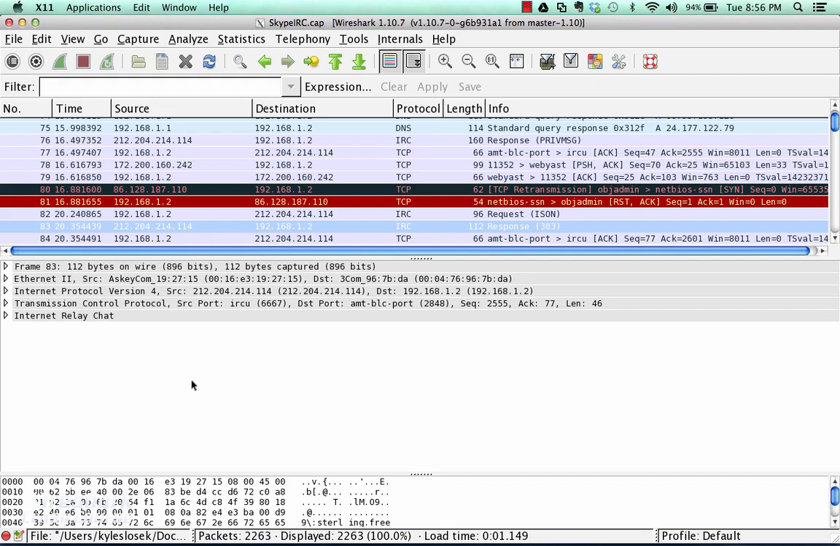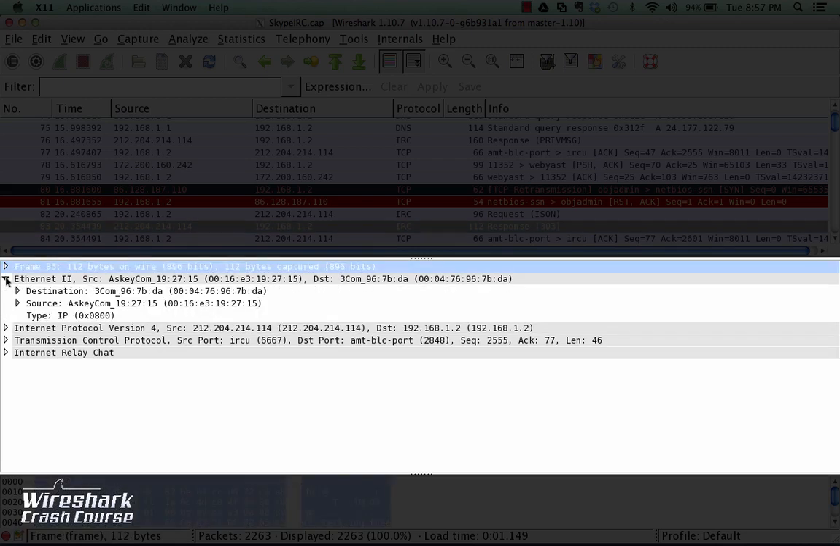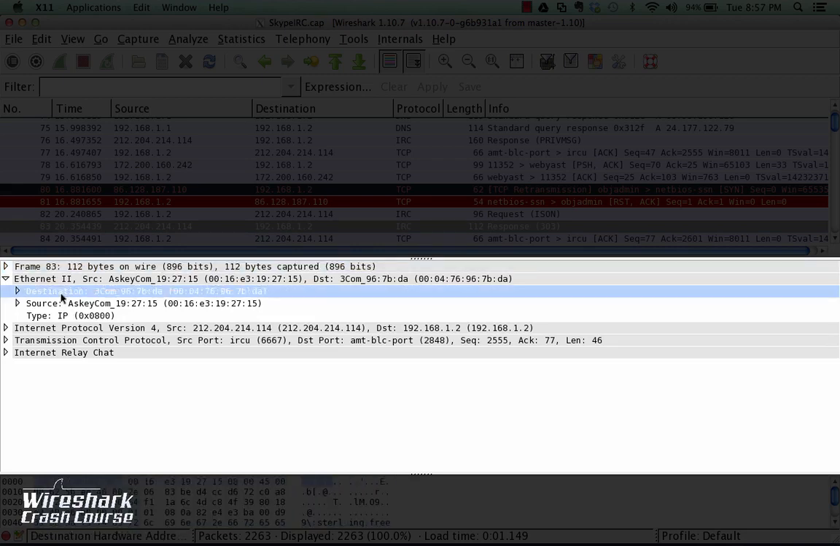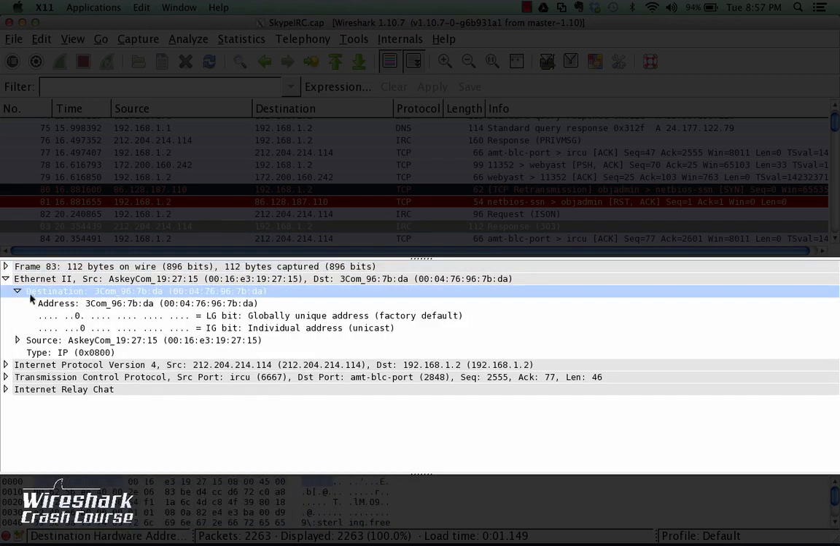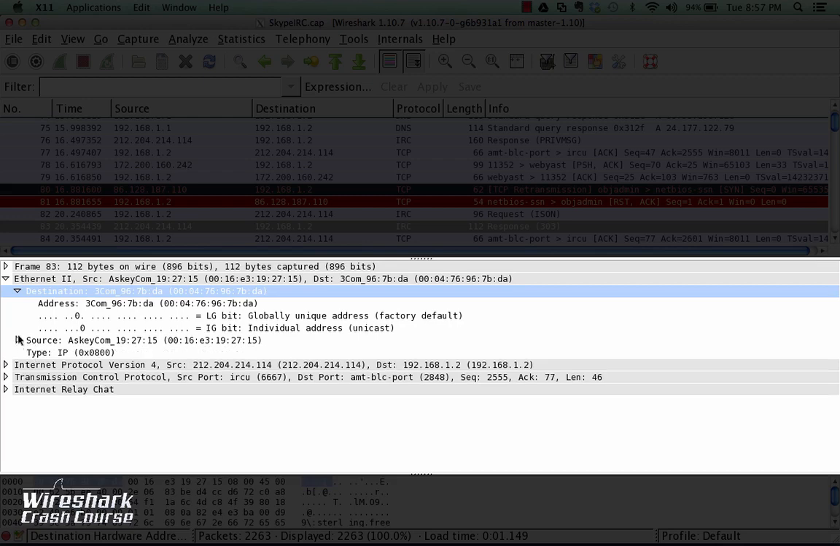So the second frame, the next one here, is our protocol tree window. And we talked a little bit about this at the very beginning of the course, but I want to go into a little more detail here. You can see that each layer of the OSI model is represented here. So here we can open up and we've got our MAC address information, and you can see this is a 3Com address, source information. So you can drill down into these